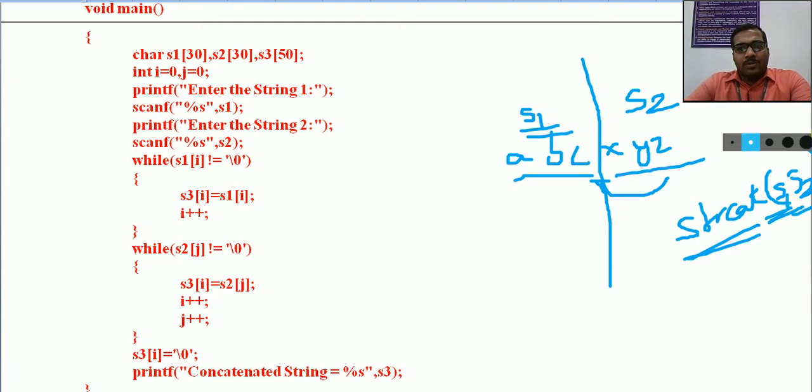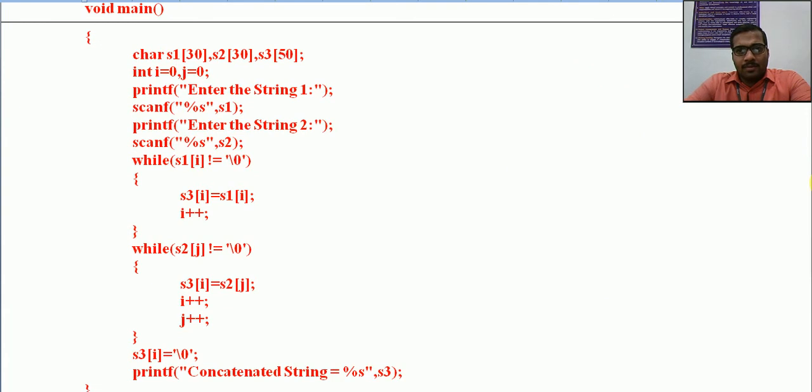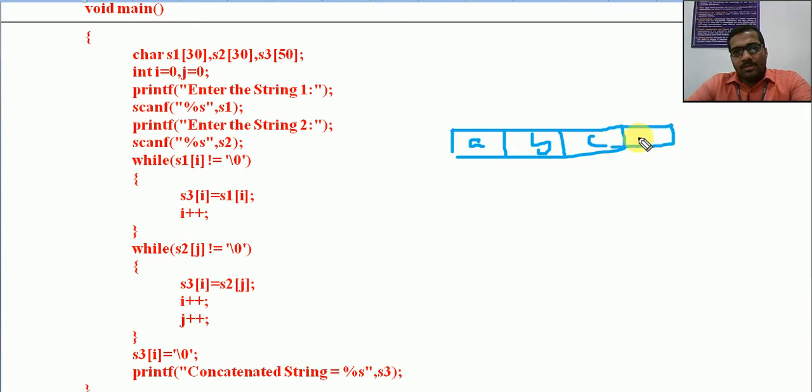Now we will see how we can implement the same program without using any built-in function. So now I'll just draw the structure of one string like A, B and C, and we are having a \0 also, indices 0, 1, 2. This is called S1, for example.